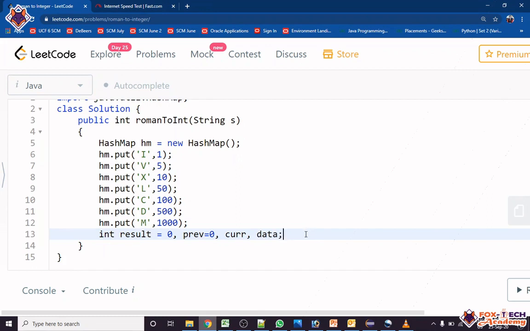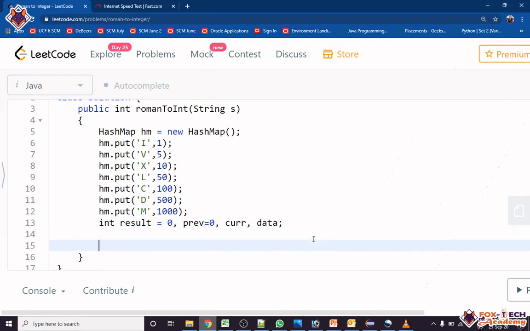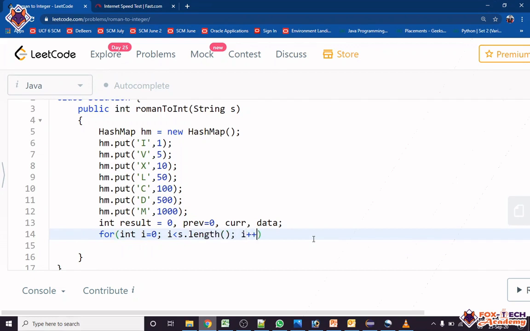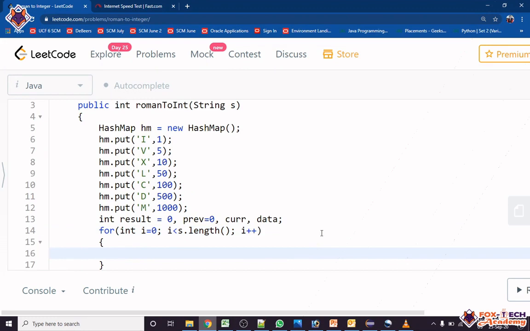Then we have to start a loop so that we can traverse that string: for int i = 0; i less than s.length; i plus plus.